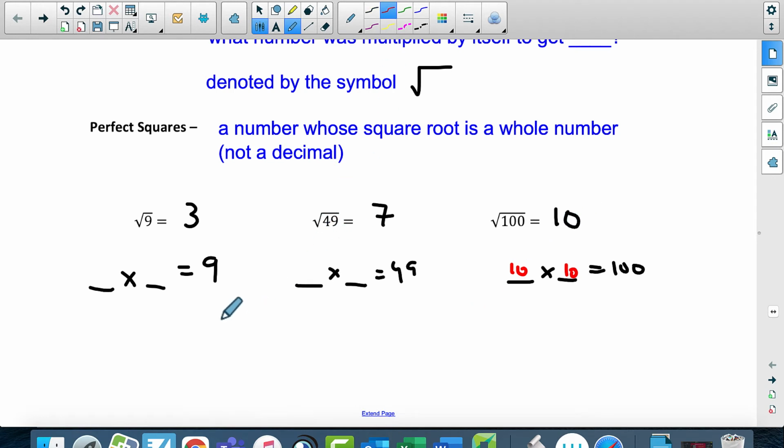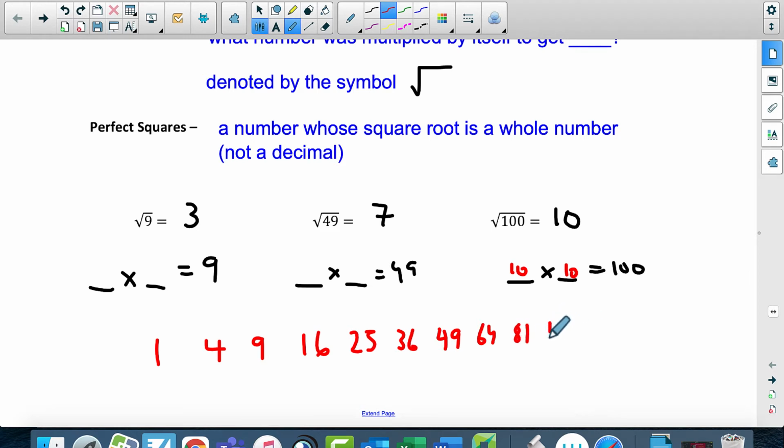So let's take a second at the bottom of the page to write down the first 15 perfect squares. I'll get us started. 1 is a perfect square, 4 is a perfect square, 9 is a perfect square, 16 is a perfect square. Why are these all perfect squares? Because 1 times 1 equals 1, 2 times 2 equals 4, 3 times 3 equals 9, 4 times 4 equals 16. How do I get the next one? 5 times 5, 25, 6 times 6, 36, 7 times 7, 49, 8 times 8, 64, 9 times 9, 81,